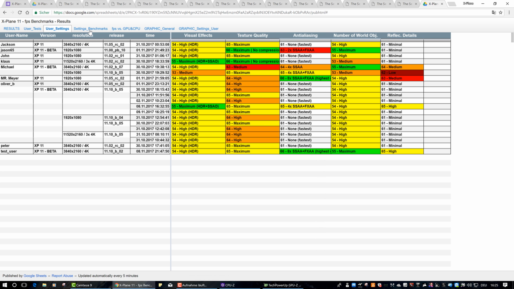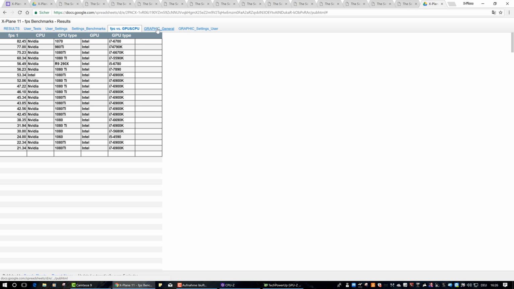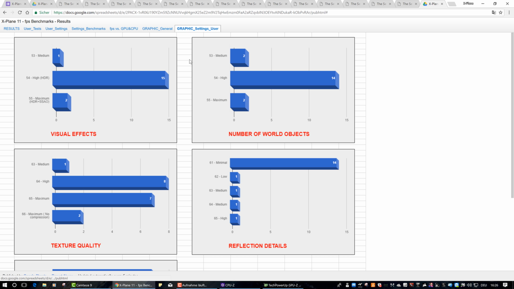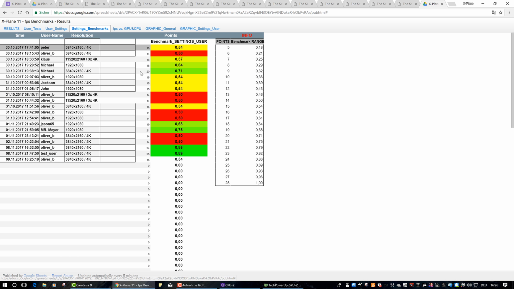user settings, the benchmark settings, and so on, versus FPS versus GPU and CPU. And here we have graphics, general, and settings by user, by rendering options. And here in the setting benchmarks,